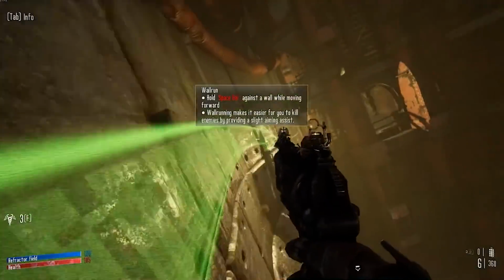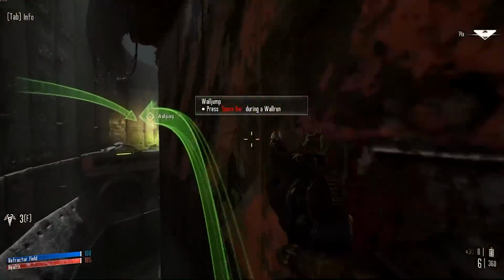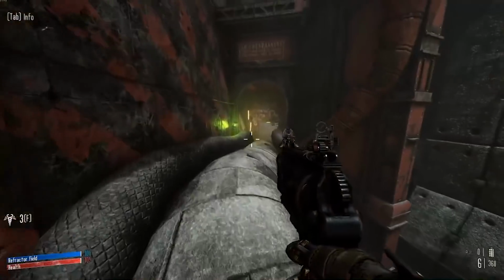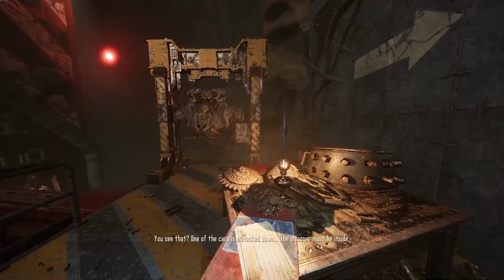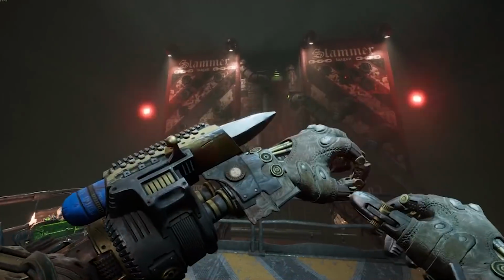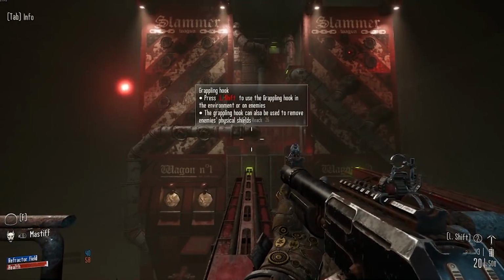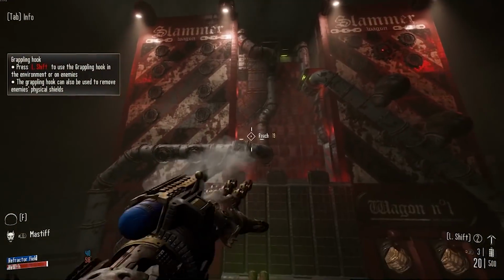Wall running never really seemed to be that effective, like there just didn't seem to be places to do it in the middle of combat, so it's neat that it's there, but I would oftentimes just forget. The next thing is the grappling hook, which is pretty useful. The movement almost feels like a combination of Doom Eternal and Titanfall. It doesn't feel quite as good as those two games, but those are high bars to reach when it comes to movement. It does feel intuitive though and adds a lot to the game,